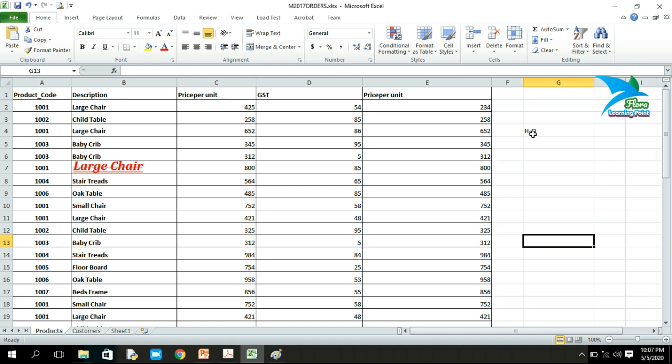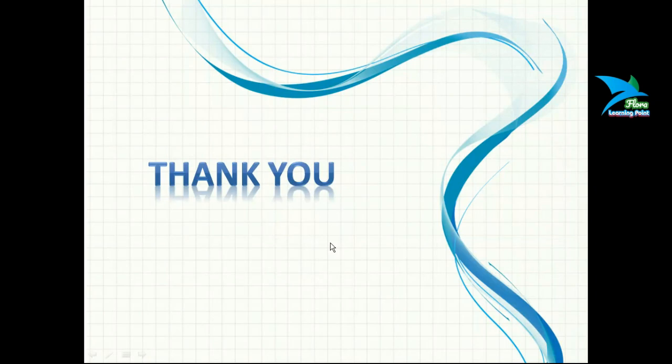So if you want to display text above the baseline, then you have to choose superscript. If you want to display some text below the baseline, then you have to select subscript. So that is all about the current session, and we'll discuss the remaining tabs available on the Format Cell Dialog in the next lecture. If you people are having any kind of doubt related